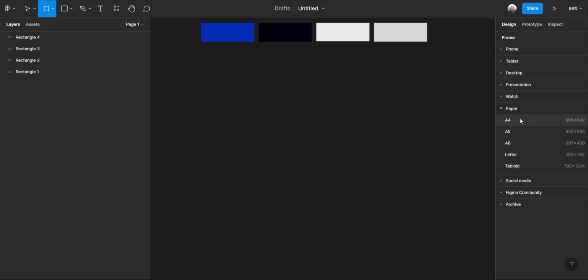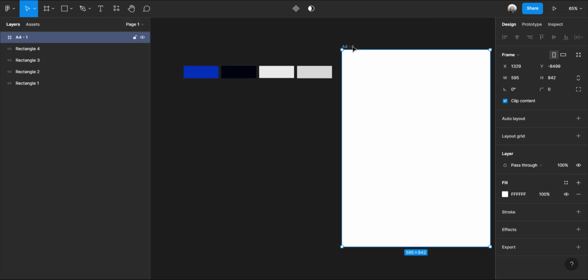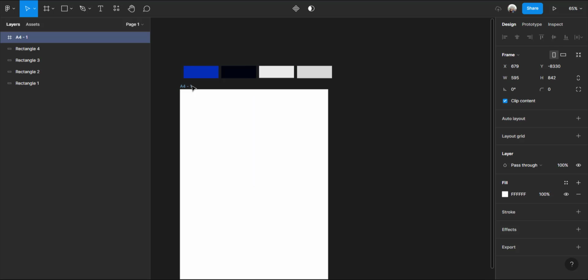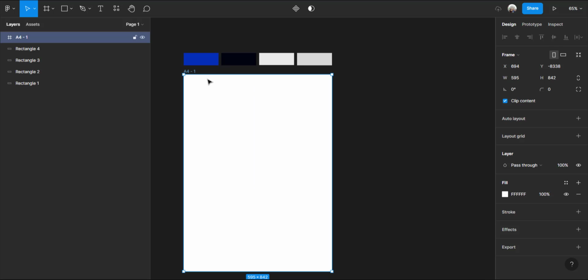Okay, getting started, we need to select a frame. We are going to be selecting A4. That is the A4 size paper for the invoice. I will rename this frame to invoice